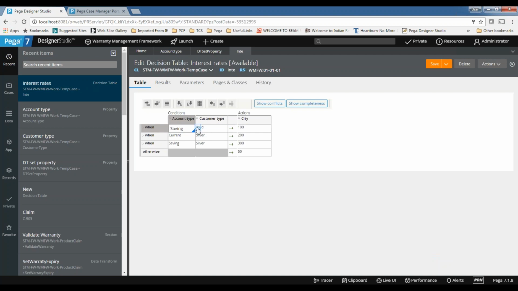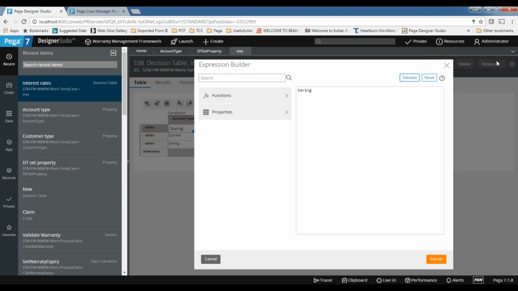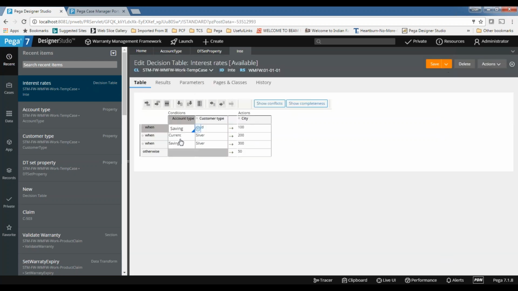You cannot call declare expression in the decision table. But the reverse is possible. In the declare expressions, you can call the decision table. Invocation is possible from the declare expression. Decision table cannot call the declare expressions directly.